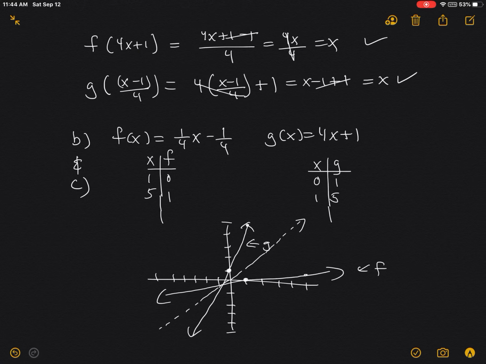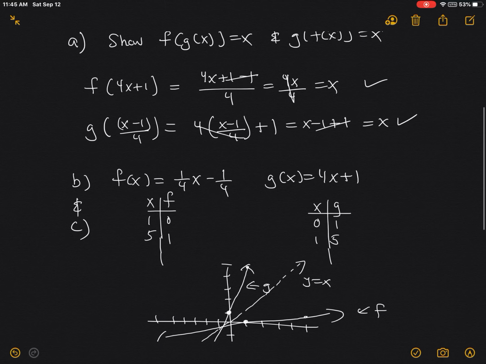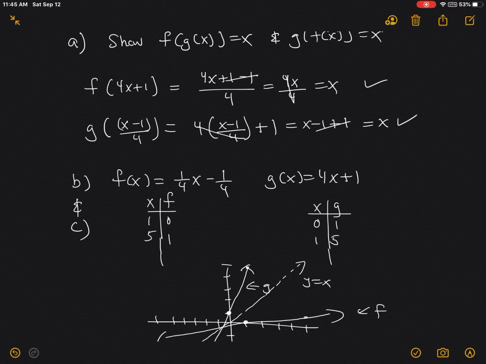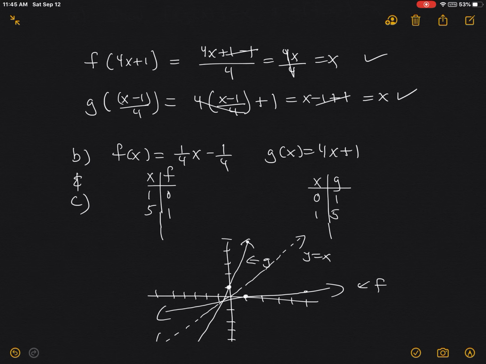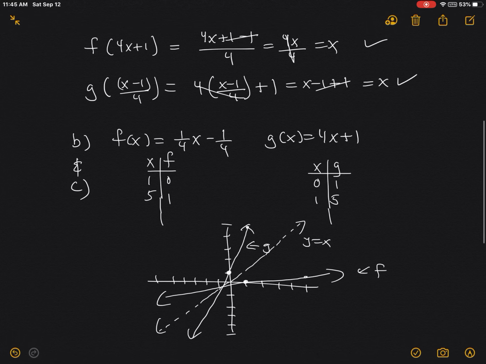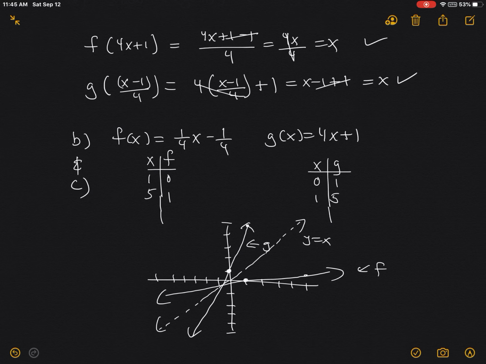So does this look like a reflection over the line y equals x? And it should look like it. So y is equal to x, there is my dashed line, if you will. So we verified algebraically by using the definition. Part C, numerically, you could see on the table that the coordinates interchange. And along with that, once you have the table, you could just graph it, and you could see